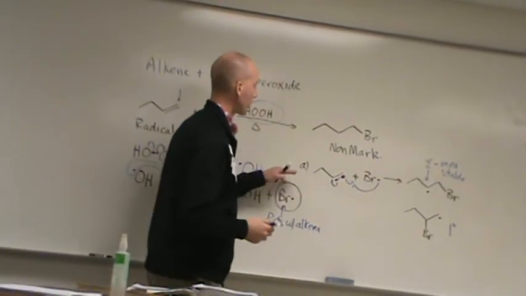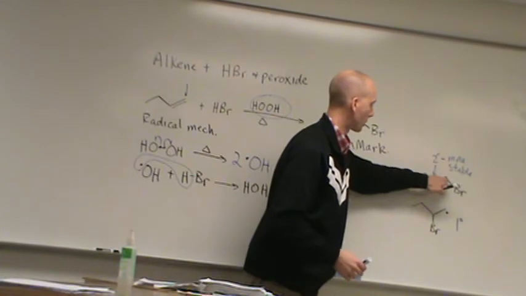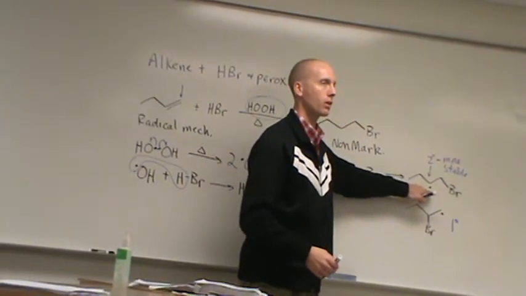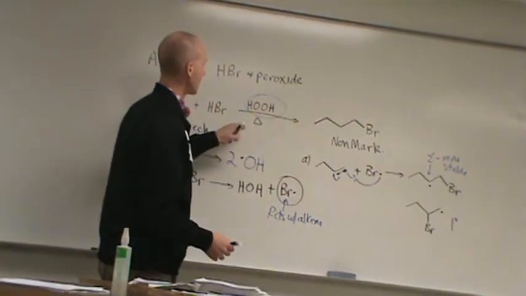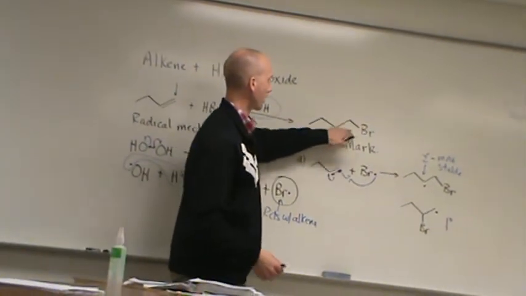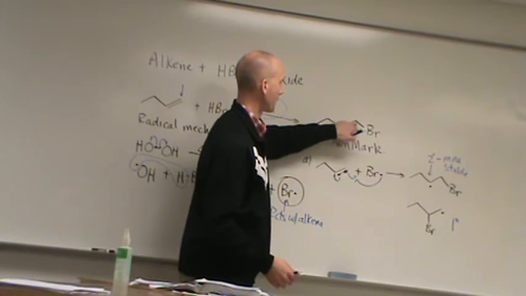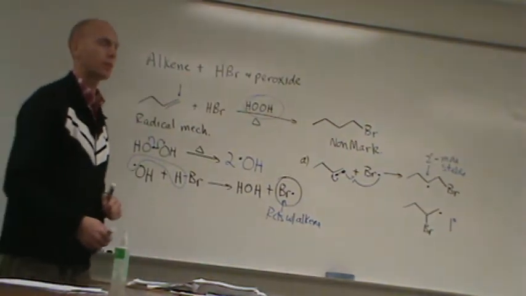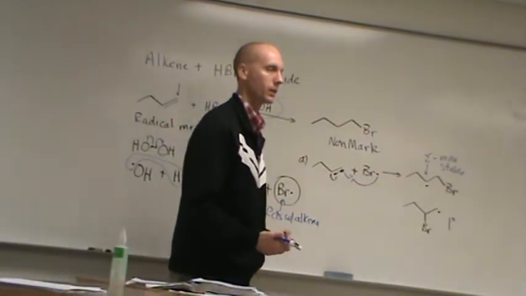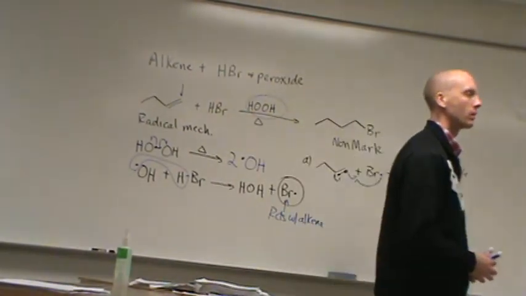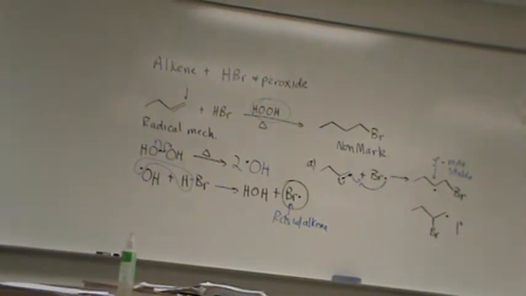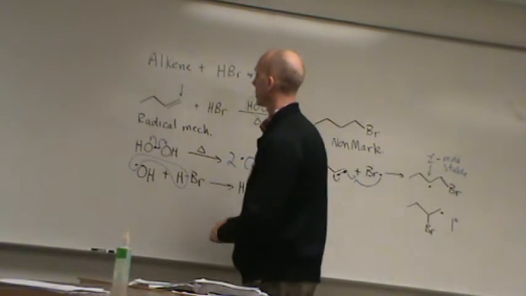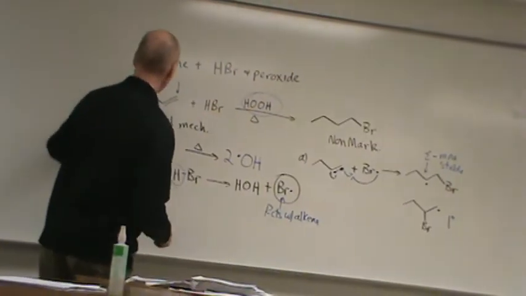Okay, so that's why the reaction goes like this. The bromine adds here because they get a more stable radical form. And that's what is dictating the non-Markovnikov, the bromine adding to the less substituted carbon of the double bond. Okay, so it all has to deal with radical stability. Okay. Last time, if you remember in class, for those that were here,